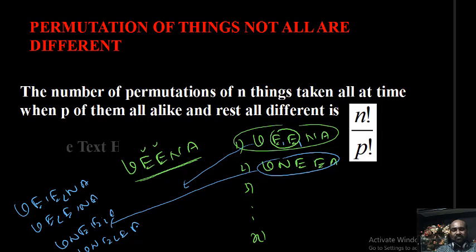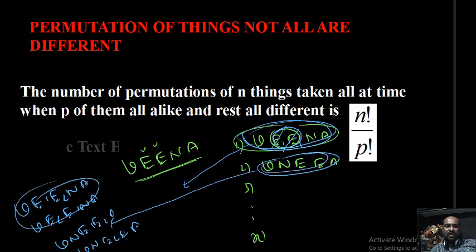Take any one of the x permutations. Each x permutation containing two like e's, those two like e's are replaced by two unlike e's. Those two unlike e's themselves can be arranged in two factorial ways without changing the relative position of the remaining things. So with these two different e's, we will get two factorial linear permutations.